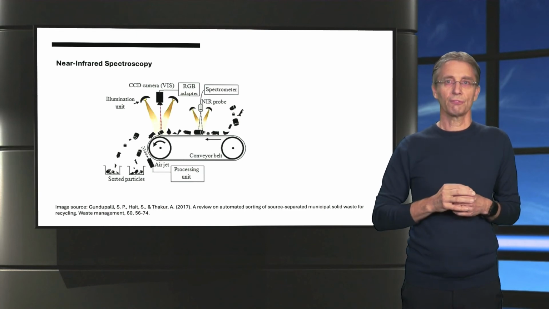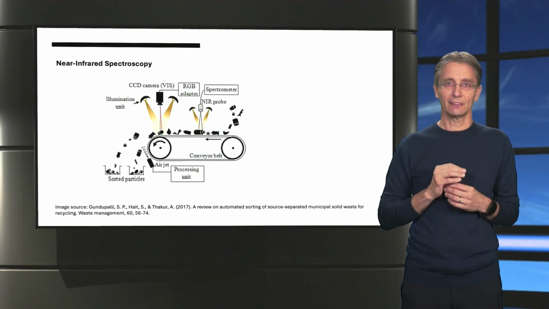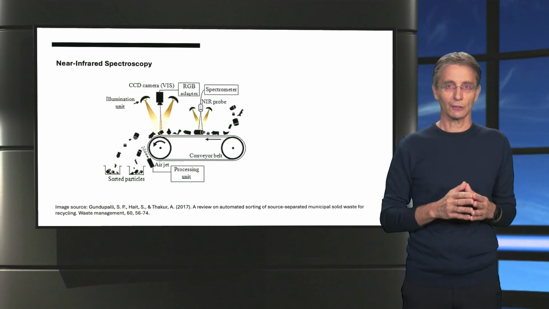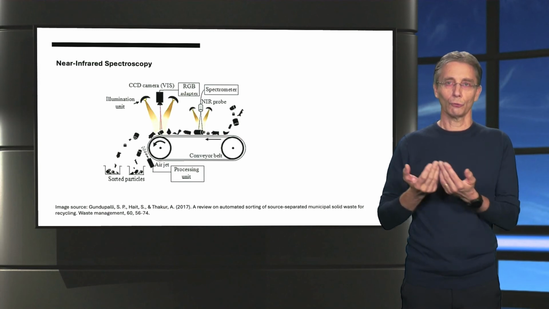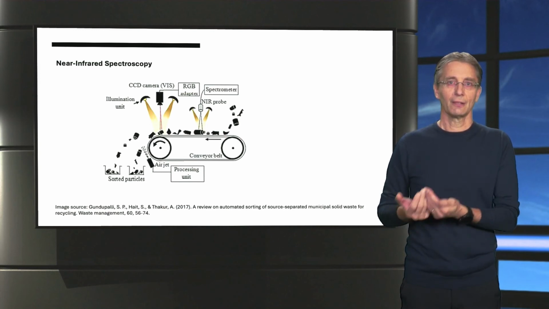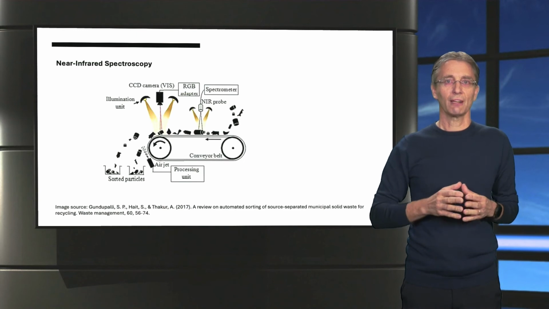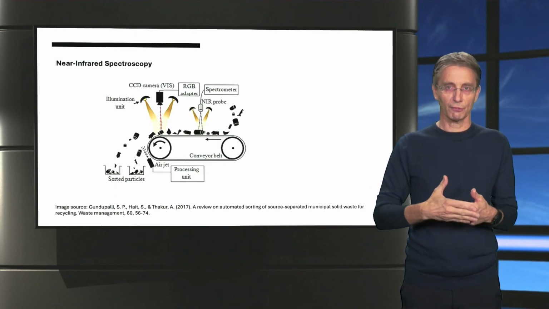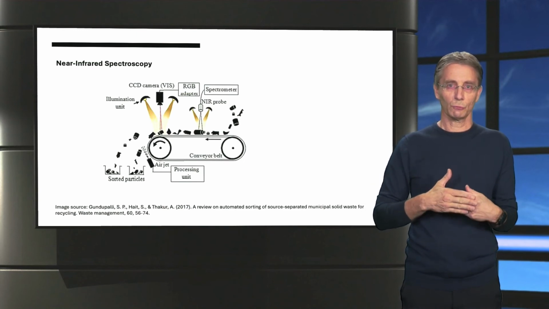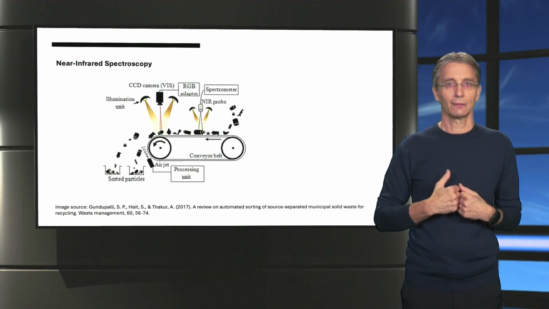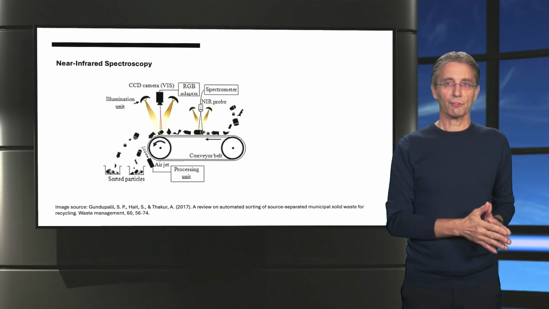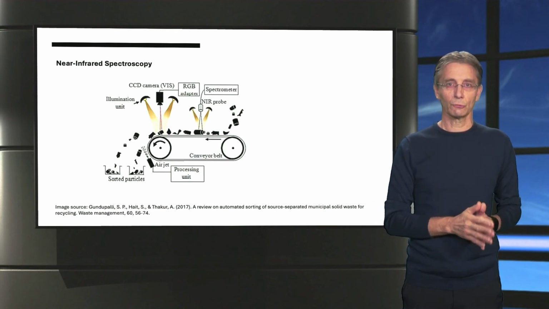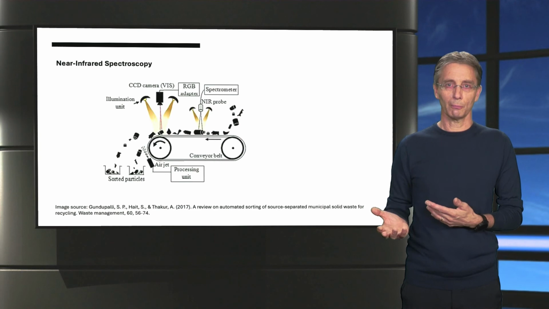A limitation of near-infrared spectroscopy is that it doesn't work well with dark colors, especially black, since these absorb nearly all light, also in the near-infrared. It can also run into problems when labels or coatings cover the surface of a material, which will cause a false reading by the sensor. In addition to near-infrared, there are other optical methods that use X-ray or laser technology to distinguish between polymers.